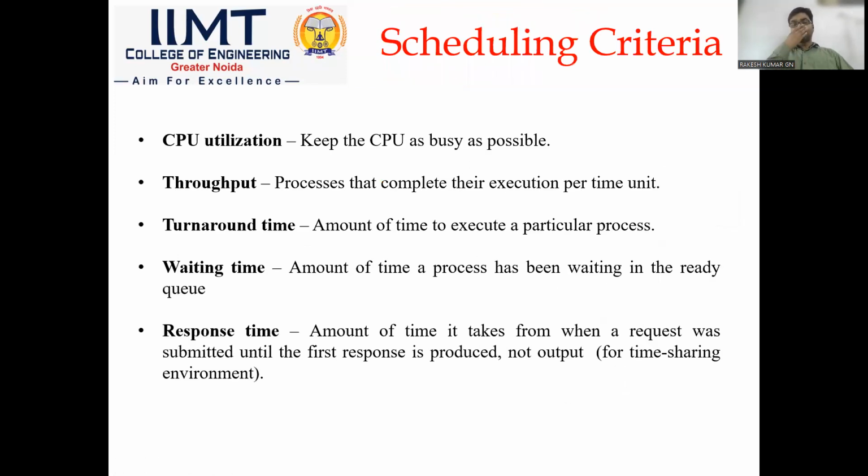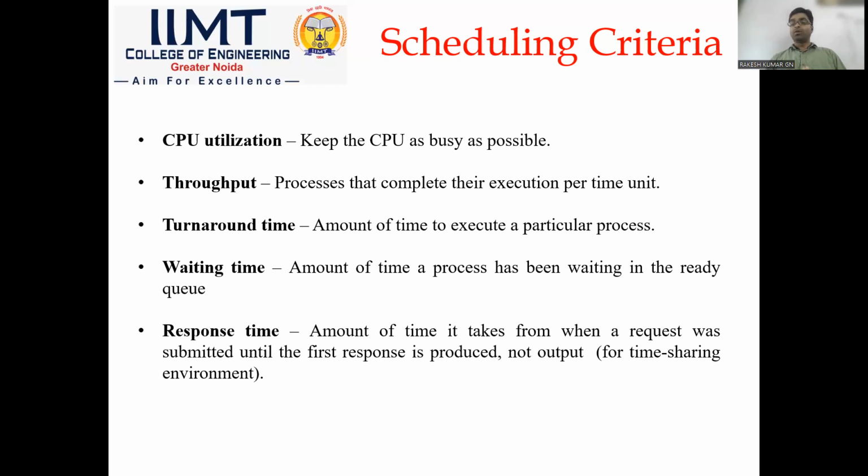So here are some basic scheduling criteria. First is CPU utilization. The main goal of CPU scheduling is to maximize the CPU utilization. The second one is throughput. Throughput means the processes that complete their execution per unit time, meaning how many processes execute per unit time. It may be a single process, or it may be a number of processes. The third one is turnaround time. It is the amount of time to execute a particular process, meaning when a process gets all the resources in the ready state and moves to the running state,